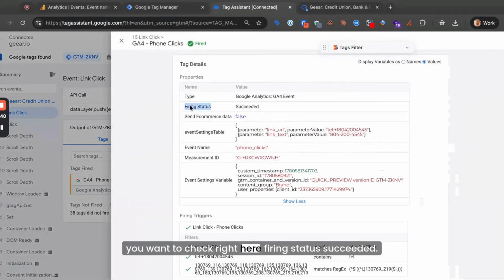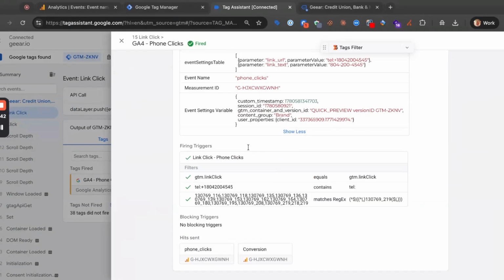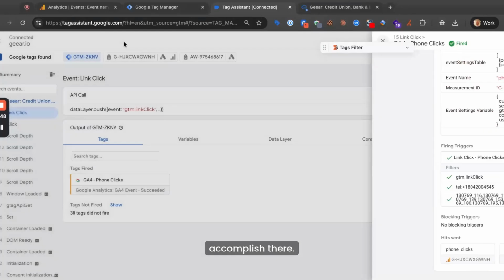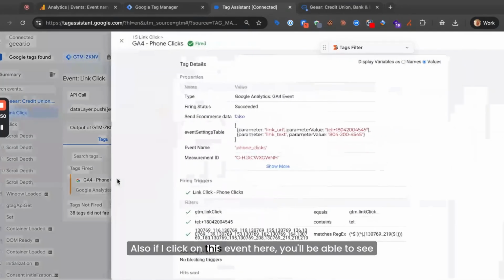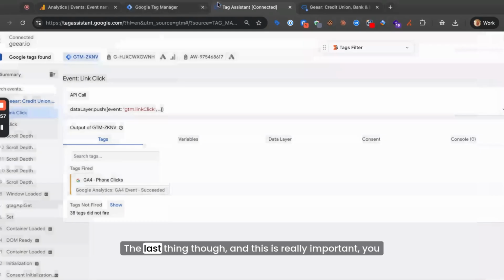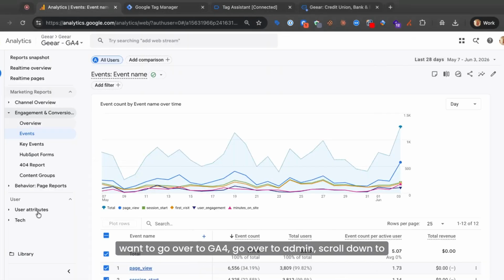I want to check right here, firing status succeeded. You'll see our trigger, the logic connected with what we were trying to accomplish there. Also, if I click on this event here, you'll be able to see the link URL as well as the phone number too. The last thing though, and this is really important, you want to go over to GA4,